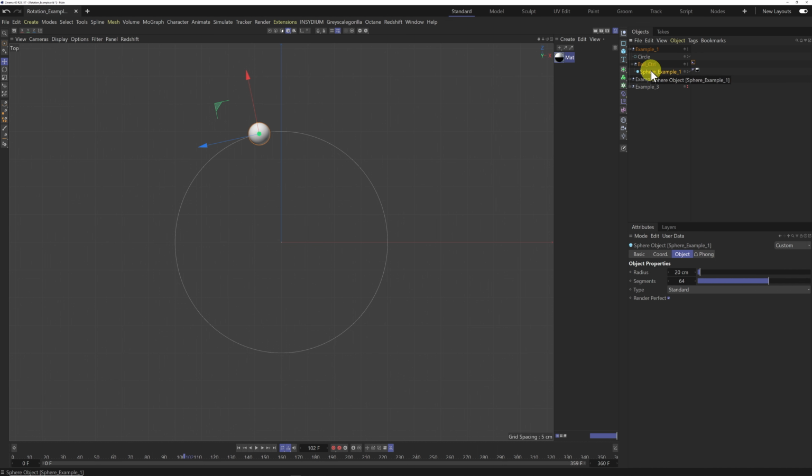So the reason why I put this ball in the null is that we can actually have more control over our animation here. With this sphere here selected, I can come to the coordinates and I can just now keyframe my rotation without having to worry about any anomalies when we animate our ball around. So it just helps our animations. So we have the align to spline tag on the null, and then we can rotate the sphere as it